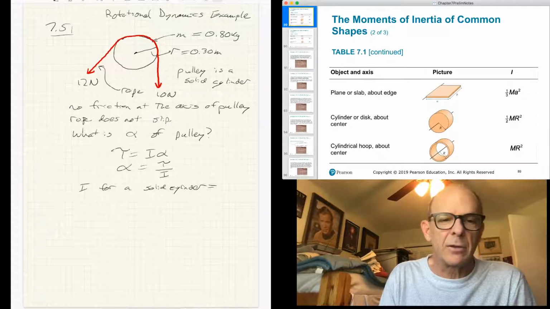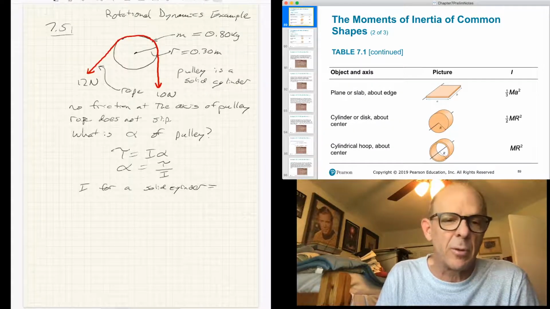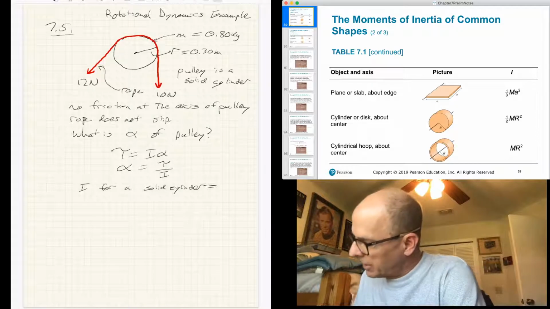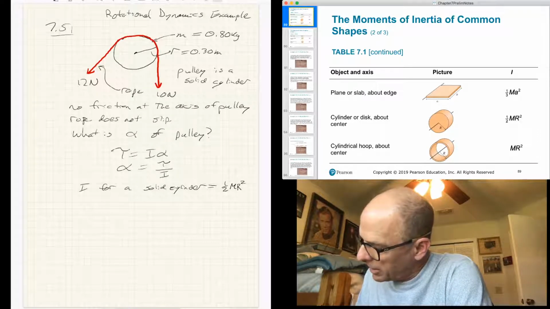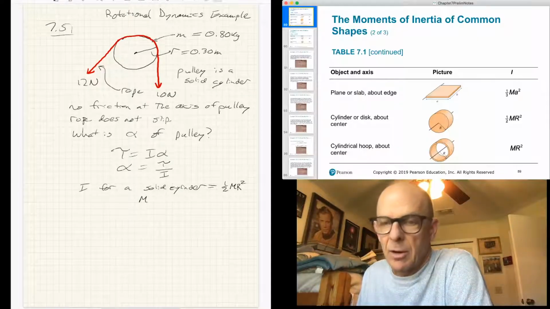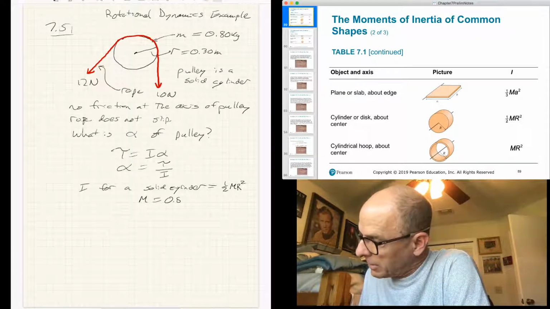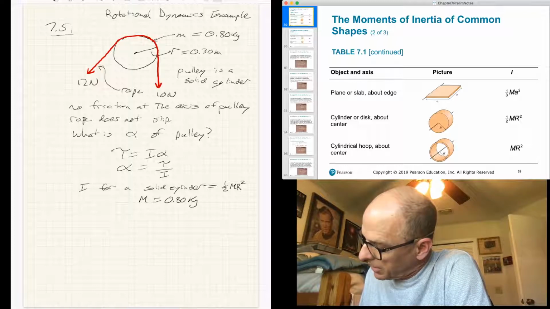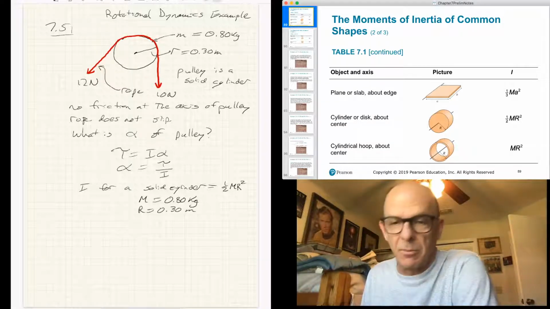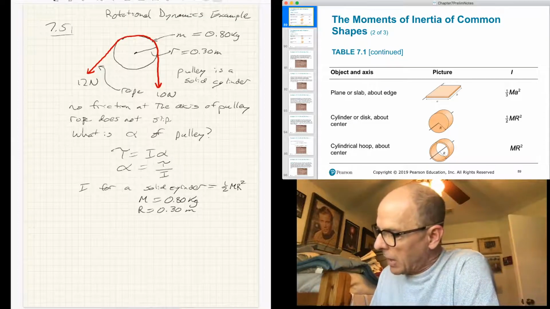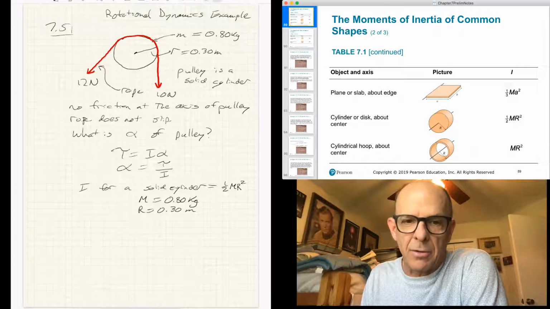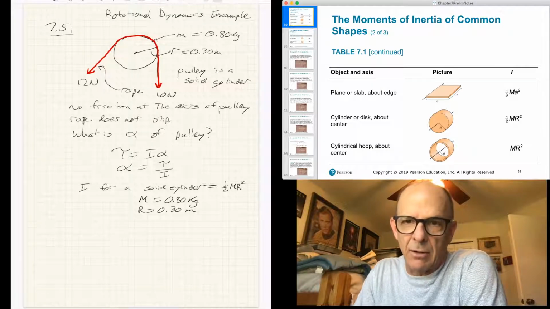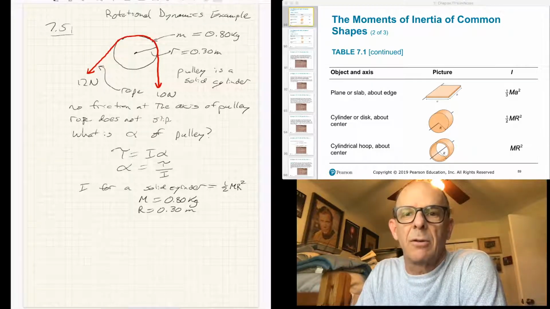For a solid cylinder here, we see in table 7.1 that the moment of inertia is 1/2 mr squared, where for this particular pulley, m is 0.80 kilograms and r is 0.30 meters. So we can plug and chug and get the number for I. That's great. That means the only thing missing to figure out the angular acceleration of this particular pulley is the